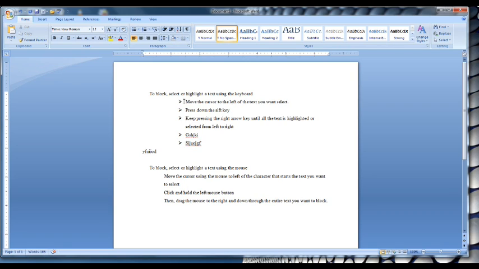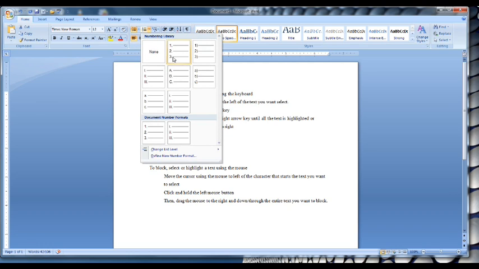The same thing applies to numbers. Select the list, then come to numbering. Click on the list arrow. From there, select any number format you want. If you want numbers with a period or with just a close bracket, ABC, small letter, capital letter, or Roman numerals, or whatever. So I want numbering